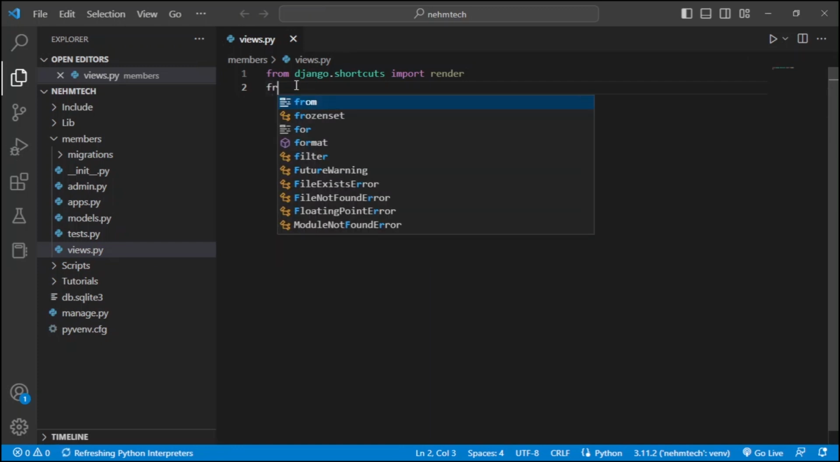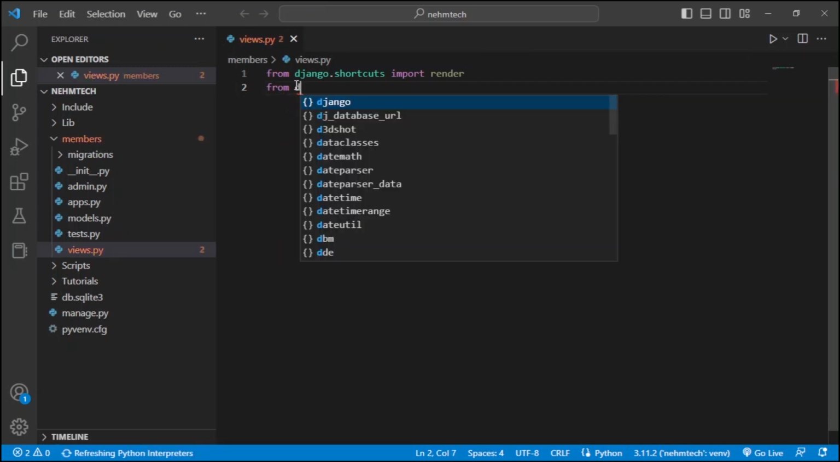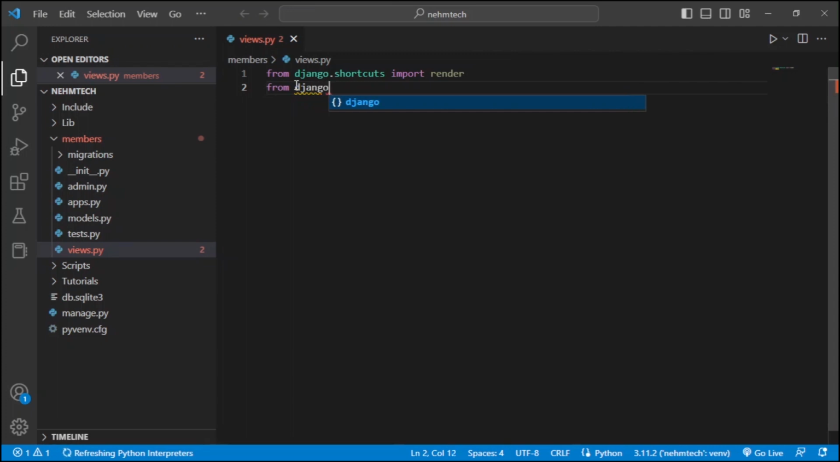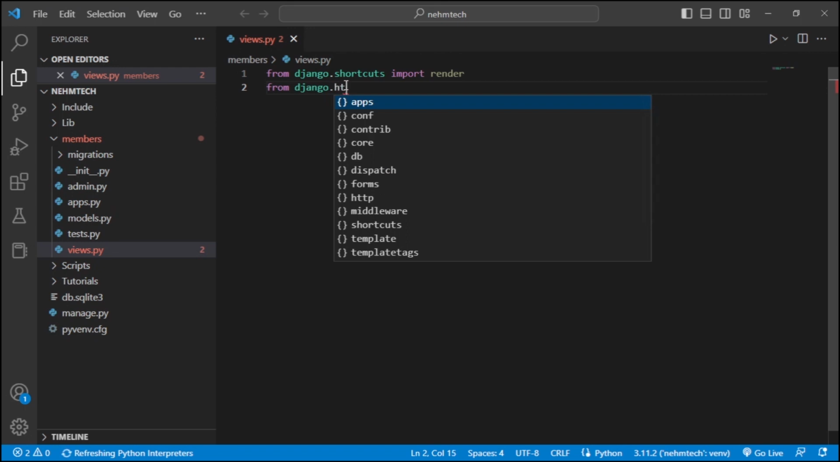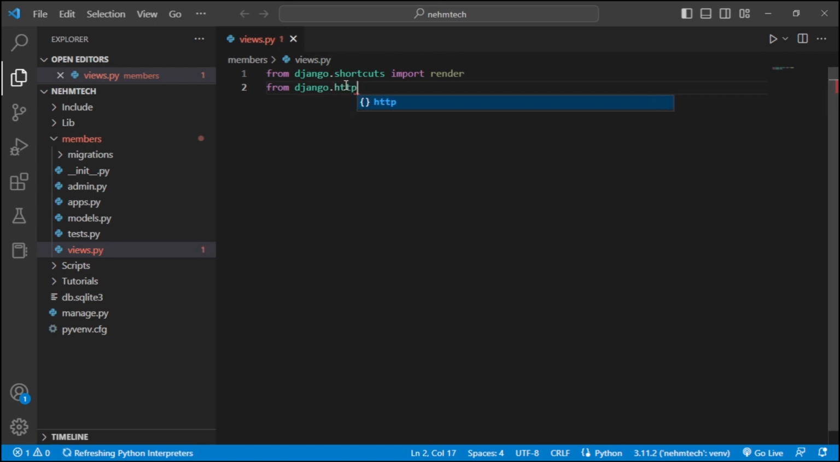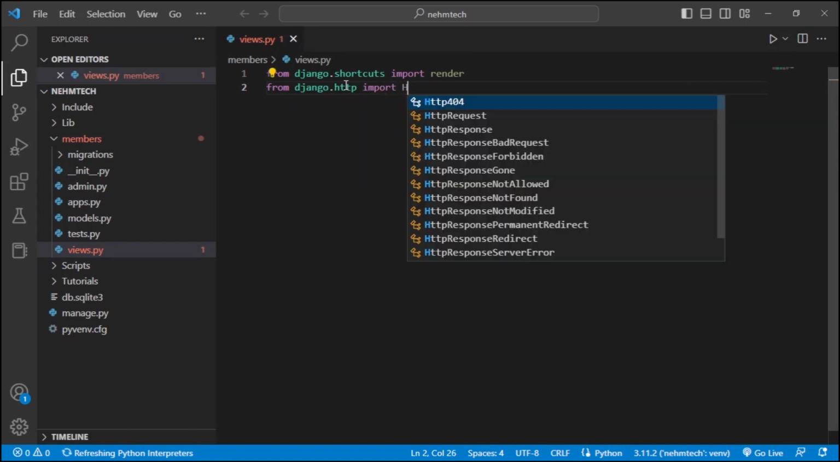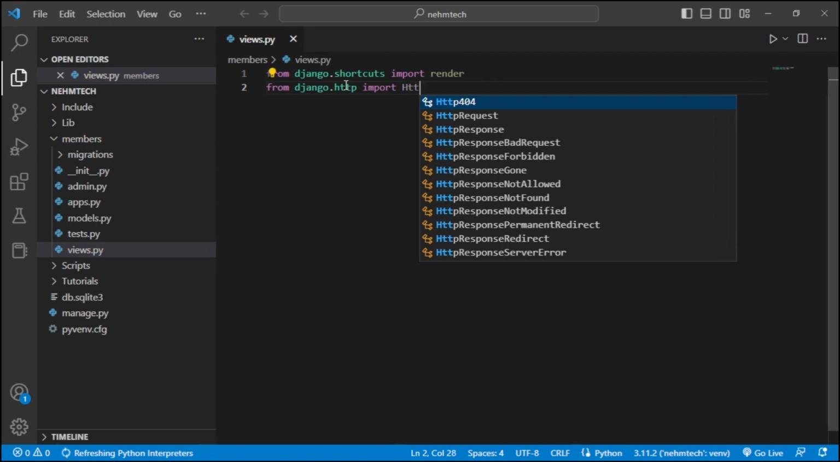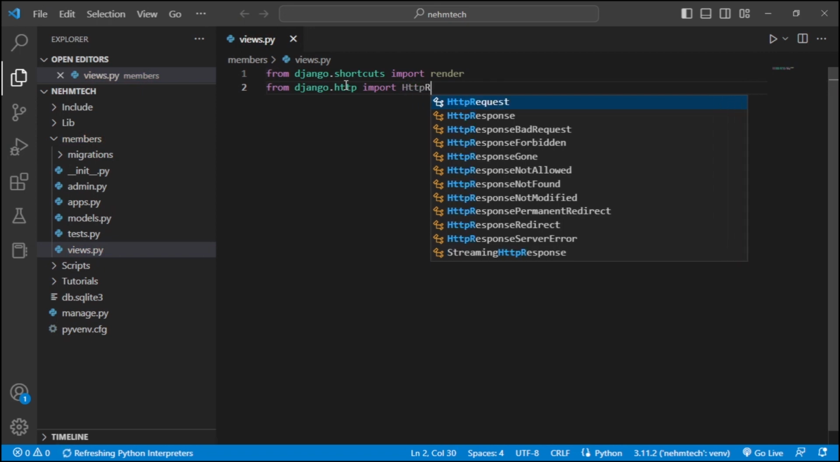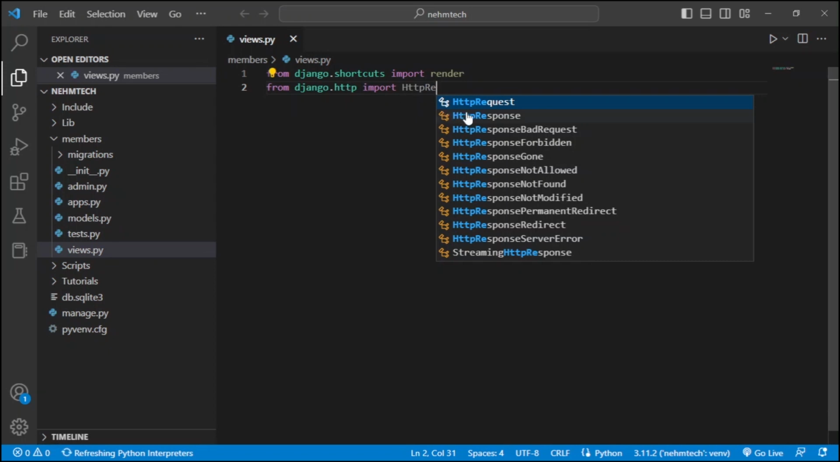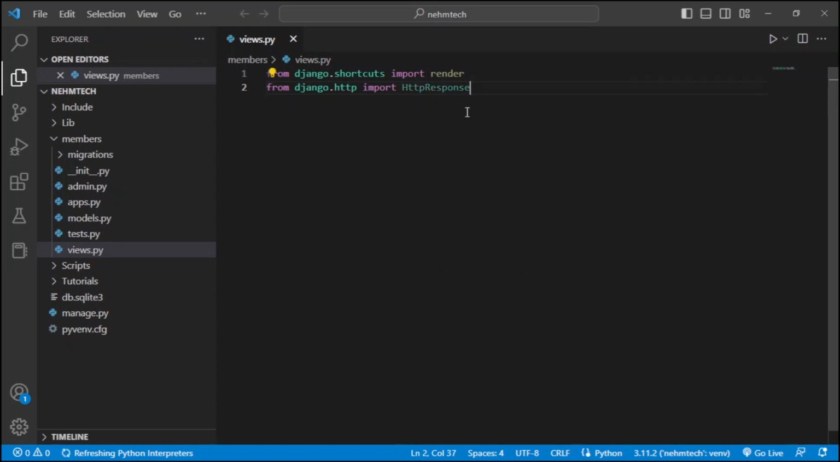Once you have cleared it, you can write the first line of code: from django.http import HttpResponse. We are going to import this class here. Then, in the next line of code, just type in